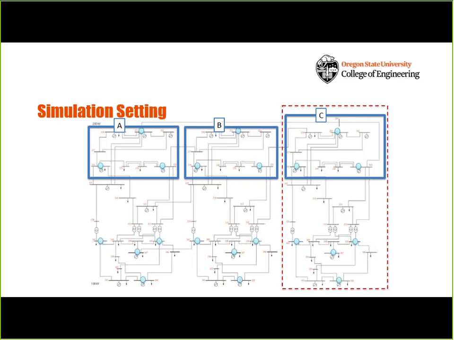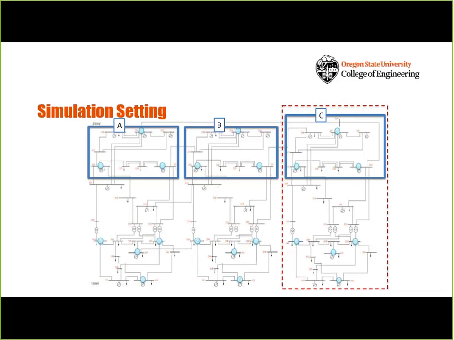In the RTS96 network, we deployed 21 PMUs, as shown in light blue circles in the power system diagram. Apart from these 21 PMUs, we consider that the set of PMUs coming from the red rectangle region are highly vulnerable to data attacks. So at every simulation run, we randomly attack 3 PMUs from this highly vulnerable region.